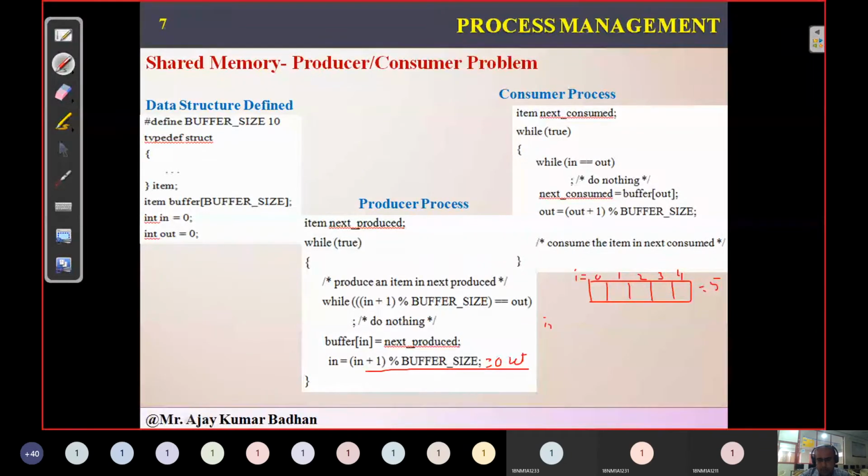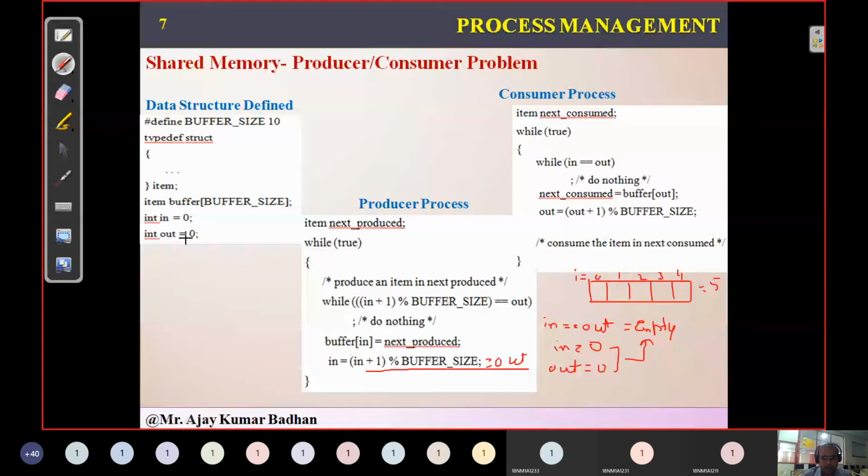When in is equal to out, the buffer is empty. Since no data items are generated yet, what is the value of in? 0. And out? Also 0. Both are equal, so the buffer is empty.